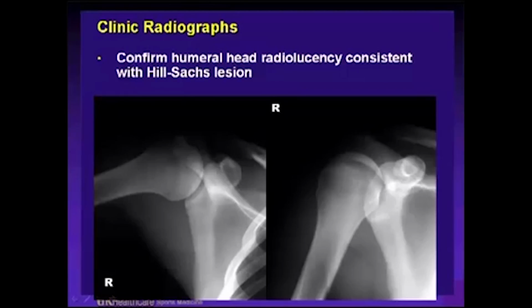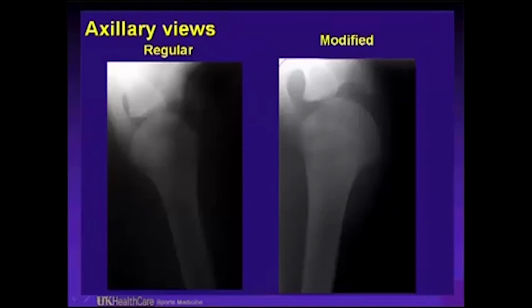However, we don't have an axillary lateral view. Here is our axillary lateral view. So the regular view that we get is on the left. And do an axillary lateral view in external rotation as well, and you can better see the posterolateral humeral head